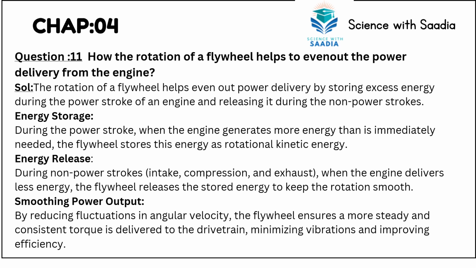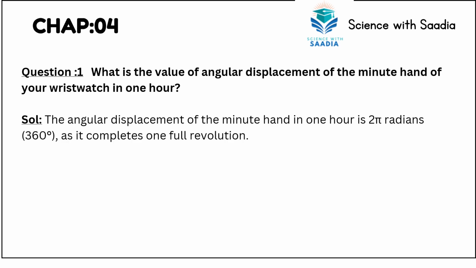So energy storage during the power stroke: जब पावर स्ट्रोक होता है एनर्जी जनरेट होती है, तो फ्लाईव्हील अपने अंदर एनर्जी स्टोर कर लेता है रोटेशनल काइनेटिक एनर्जी की फॉर्म में। और एनर्जी रिलीज जब नॉन पावर स्ट्रोक्स होते हैं तो वो इस एनर्जी को रिलीज कर देते हैं। Smooth power output: जो पावर में फ्लक्चुएशन रहते हैं उनको आसानी से स्मूथली आगे पहुंचा देते हैं।